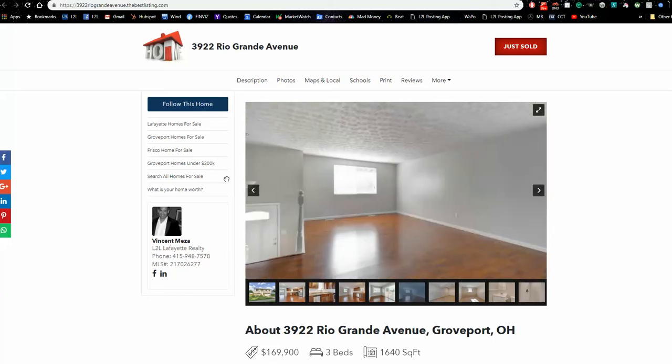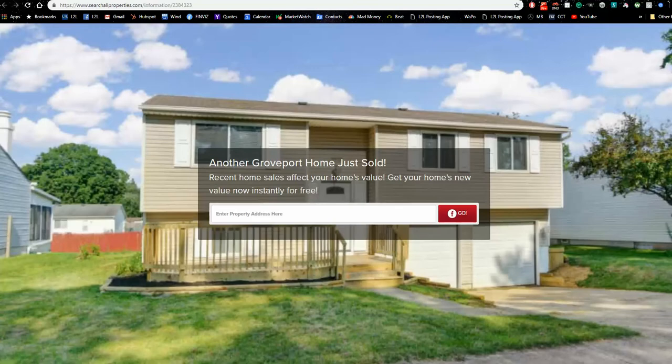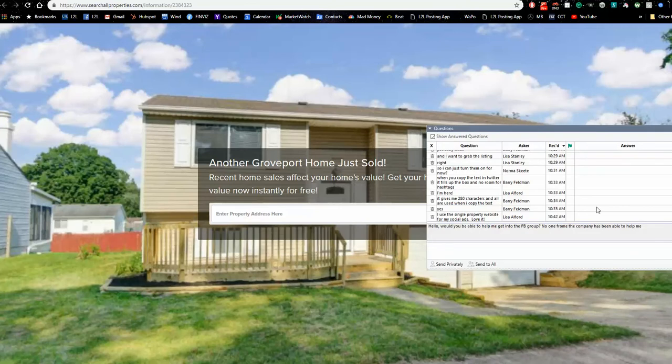I just like this a little bit more as a flow, but both tools are designed to market that home as sold and to get you more listings. So let's see here what the questions are. For social ads. Yeah, Lisa, so the social media, the single property website for your social ads